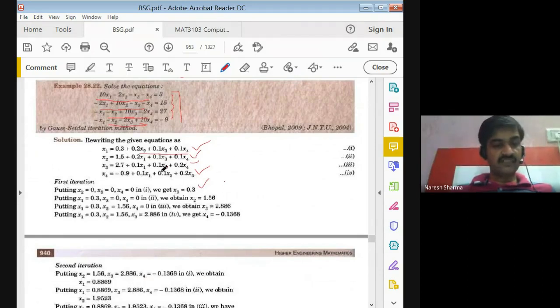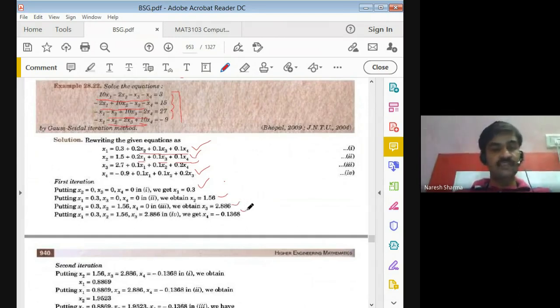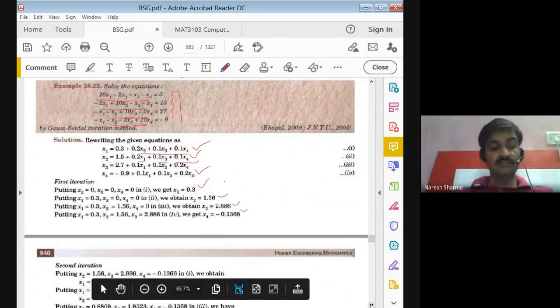Now the latest x1 is available, so put the latest x1 here, and the older values of x3 and x4 as 0, so we get x2. Similarly, we can get x3 and x4. The main difference is that in the Seidel method, we always substitute the latest available values of x1, x2, x3, x4. And we stop when